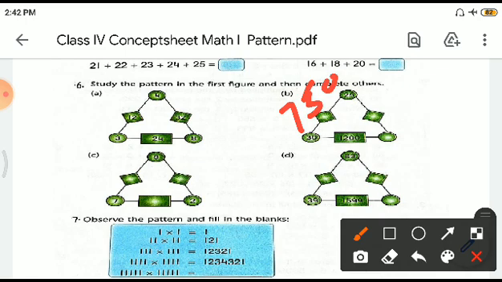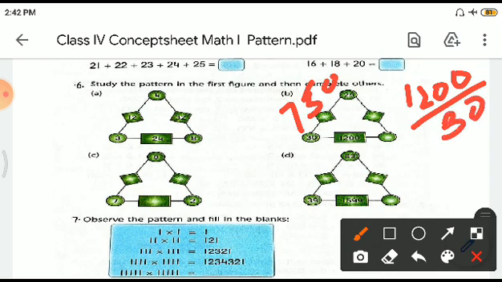Second, now let us find the corner one. In the center there is 1200, and in the corner there is 30. So we will divide the two, and we will see that the answer coming is how much? 40. So the corner digit is 40. Right? And the rest of the calculation you can do. This is how you need to solve these triangles and rectangles.